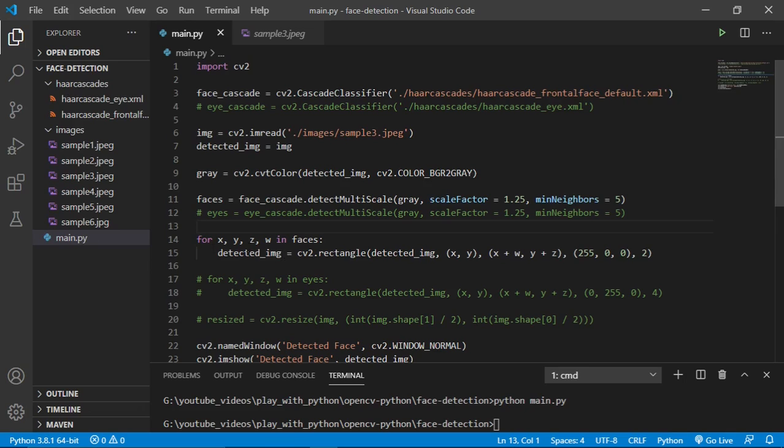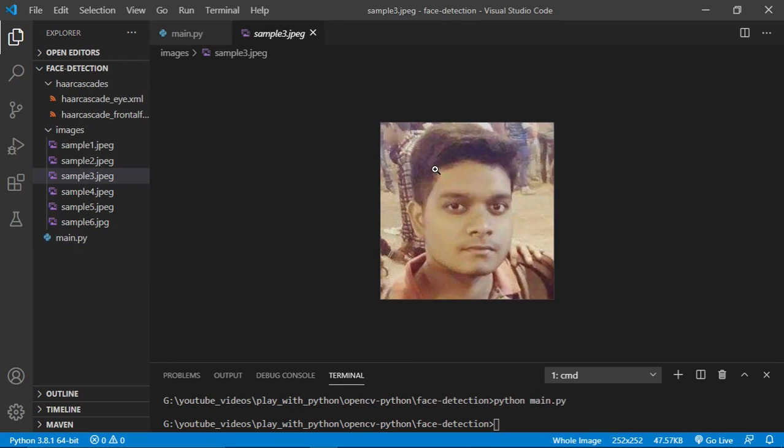And for this faces, this is basically a numpy array. I will show you the output. This is basically a numpy ndarray, and it actually contains 4 values. If I talk about this image, it returns this point, this pixel coordinate.